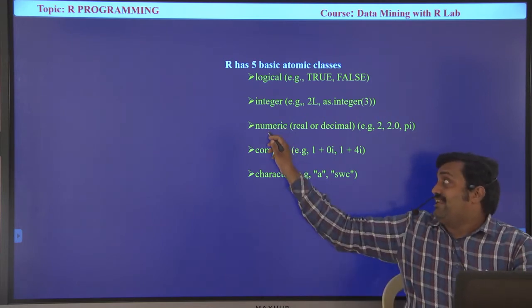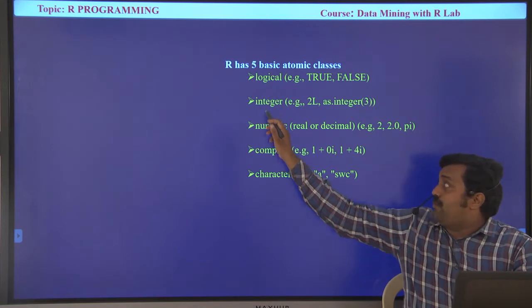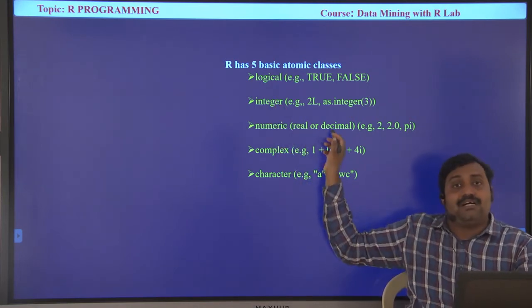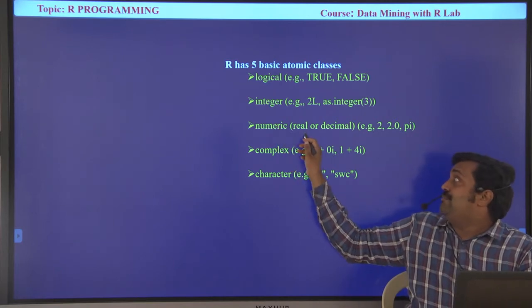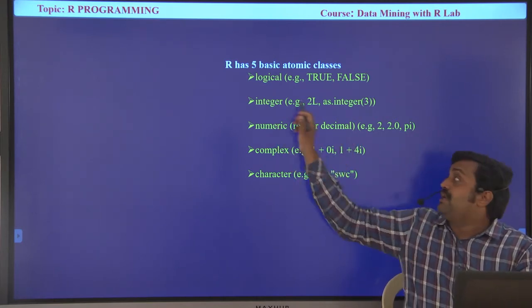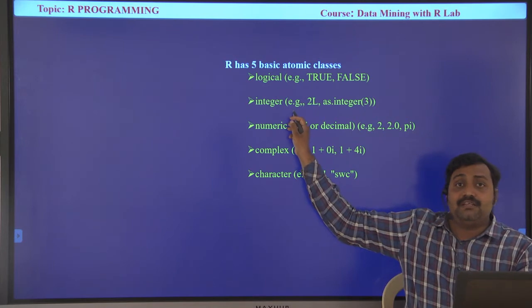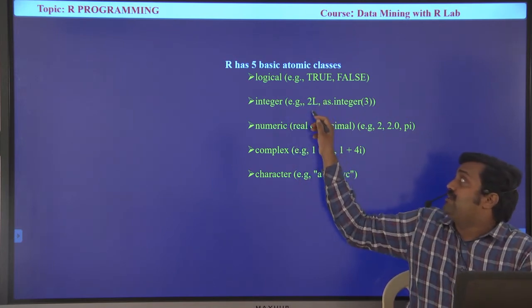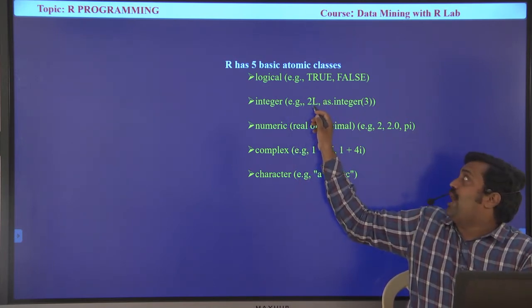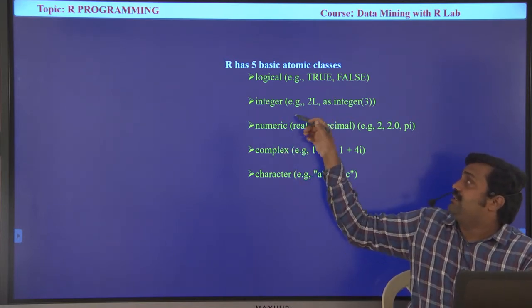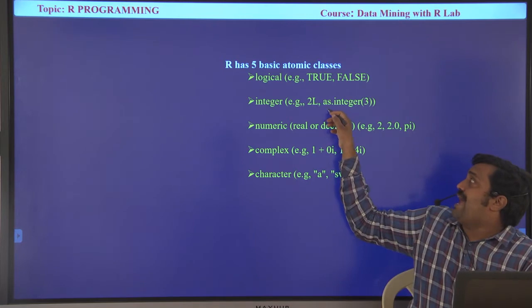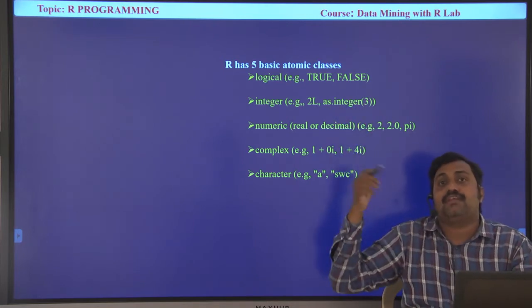So the numeric class is the combination of integers as well as doubles. It is able to store both whole numbers and decimal numbers. In case of integer, only integers. Suppose you want to mention a long integer, you have to mention it with L. And if you want to convert anything to integer, we have to use as.integer, the conversion to integer